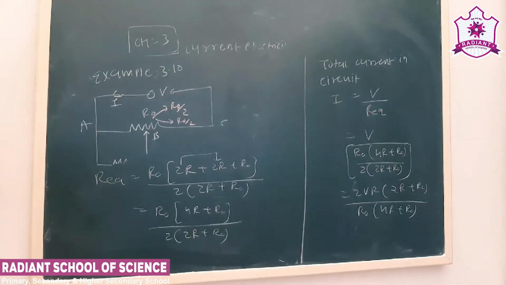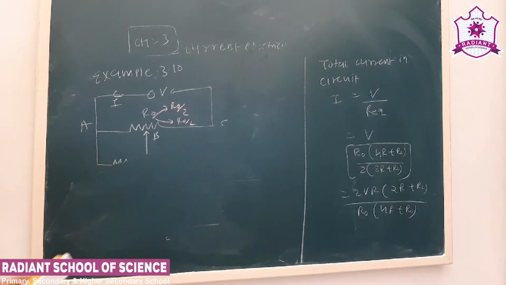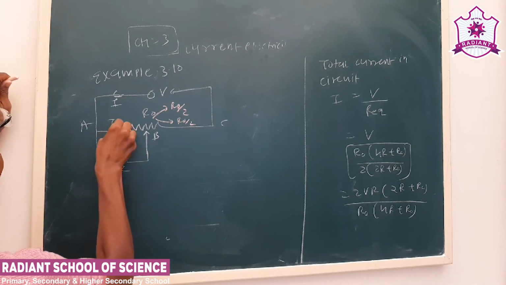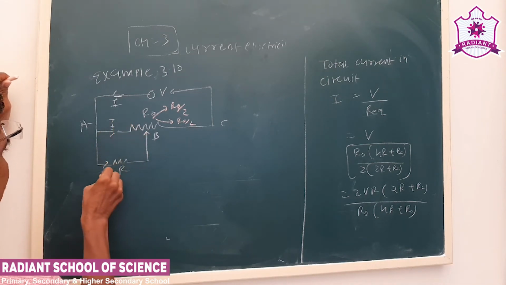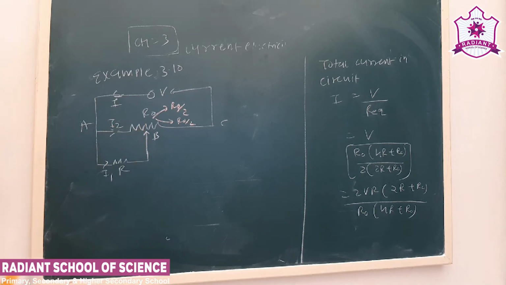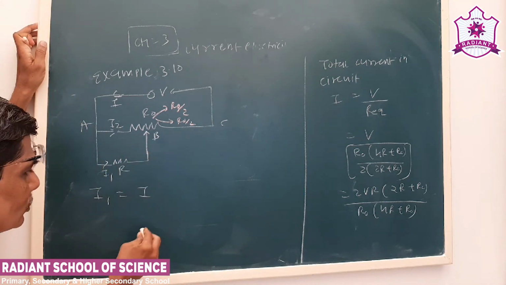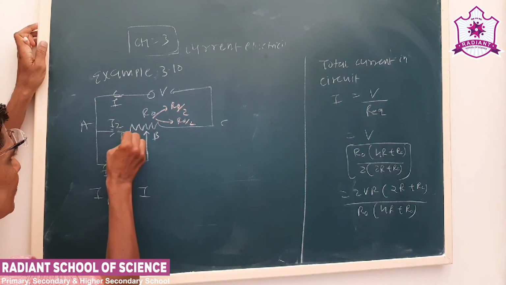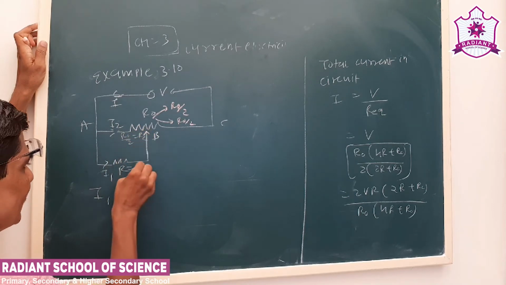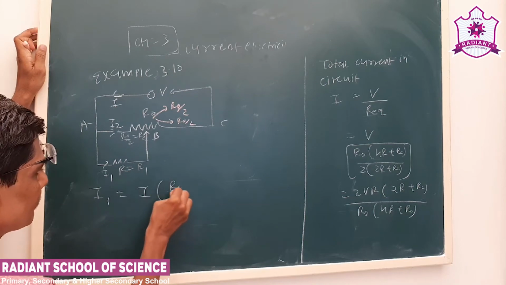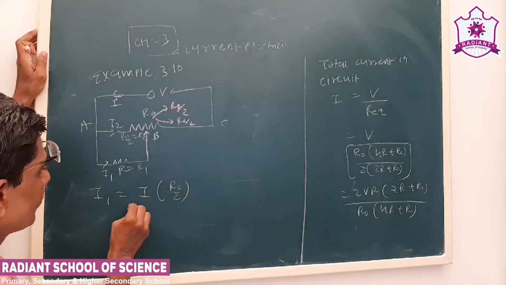Okay. Now see, total current will be divided into two branches. Here I1, and let us say I1 and I2. So by using the current division method, I1 is equal to I R2. What is R2? This will be R2 and this will be R1. R2 is R0 by 2 upon...